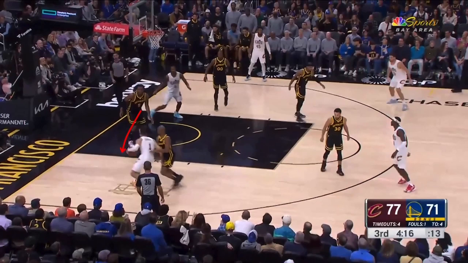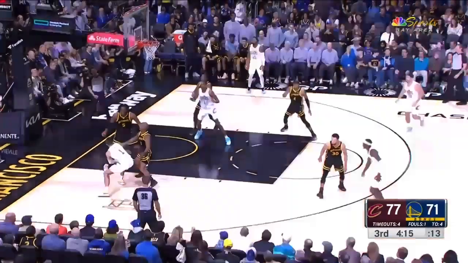So Kevon Looney's coming over here to help. Jonathan Kuminga has got to step up here. Okay, you have to help the helper. All right? The ball gets kicked here, you're just going to rotate. Okay? But if you don't help the helper...